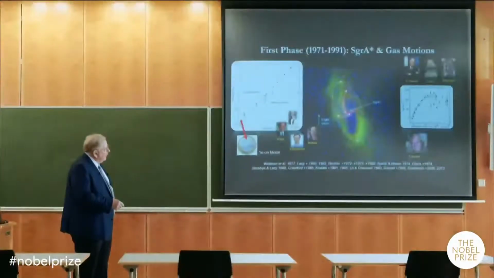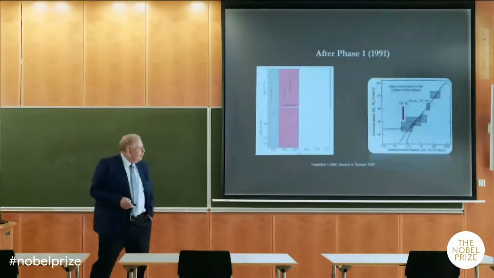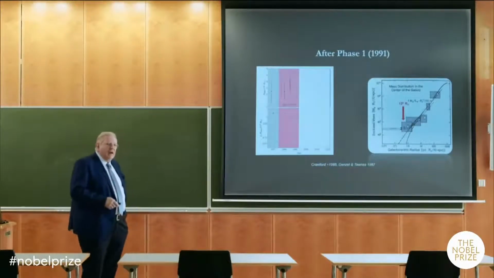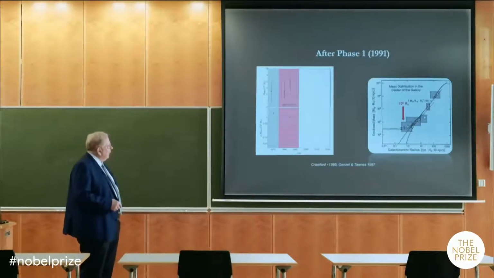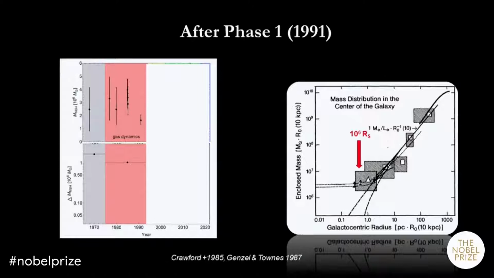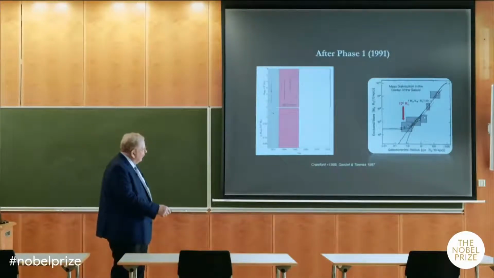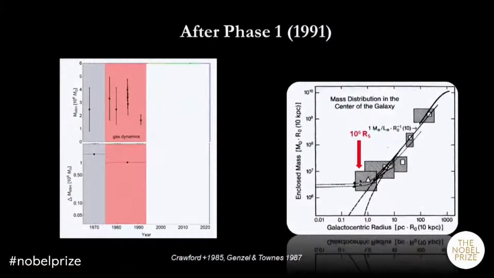So the combination of this mass being large and this size being small was the first evidence in the 1980s that there might be something in the center of our Milky Way. So here on the left side, one could take the various measurements and see that this mass was between 1 and 4 million solar masses. Not very accurately initially, maybe 50% or so. On the right side, you see, as a function of distance from the center, the mass, and here you see that within about a parsec or so, there seems to be a constant mass.